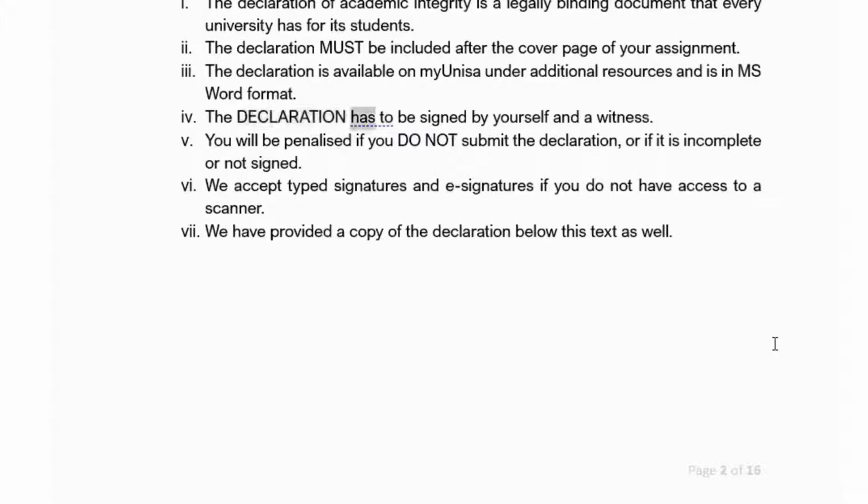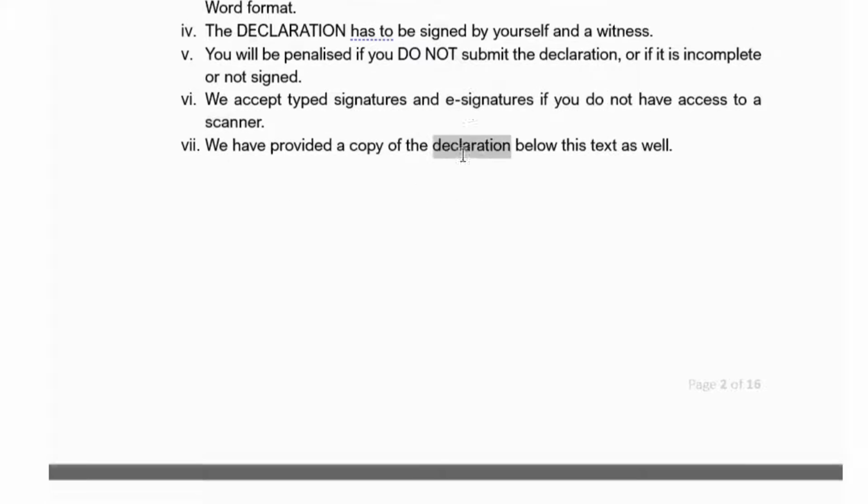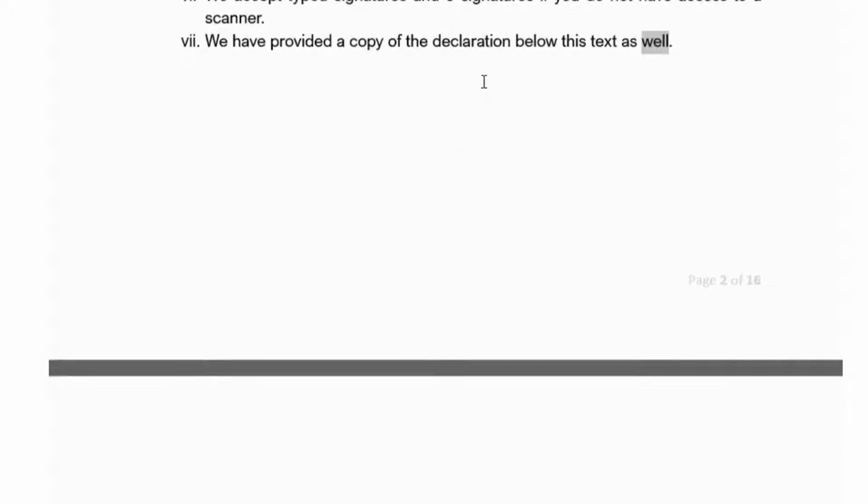The declaration has to be signed by yourself and a witness. You will be penalized if you do not submit the declaration, or if it is incomplete or not signed. We accept typed signatures and e-signatures if you do not have access to a scanner. We have provided a copy of the declaration below this text as well.